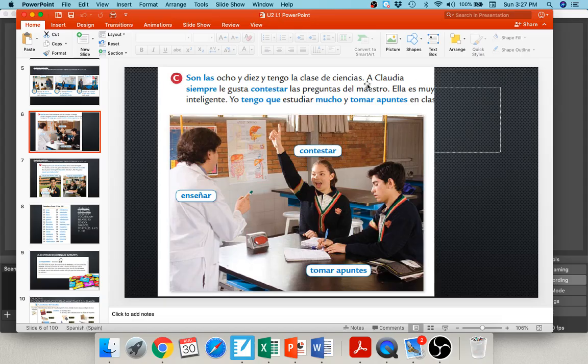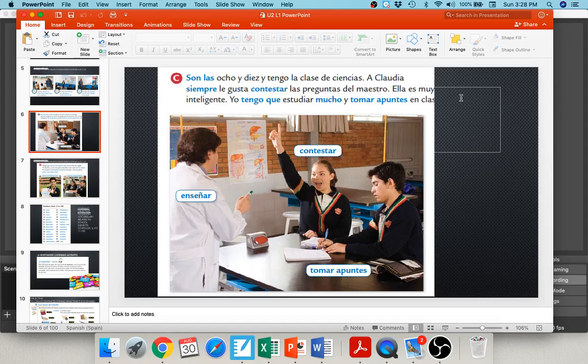We see, a Claudia siempre le gusta contestar las preguntas del maestro. So Claudia siempre, she always, le gusta, she always likes to contestar las preguntas del maestro. You can see her here, she's raising her hand, she's going, ooh, me. She's trying to answer, contestar is to answer, las preguntas del maestro, the questions of the teacher. It tells us that ella es muy inteligente, she's very intelligent, and that yo tengo que estudiar mucho y